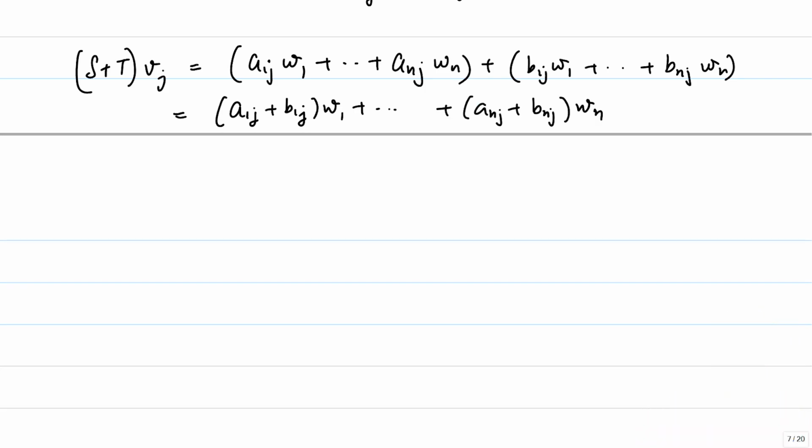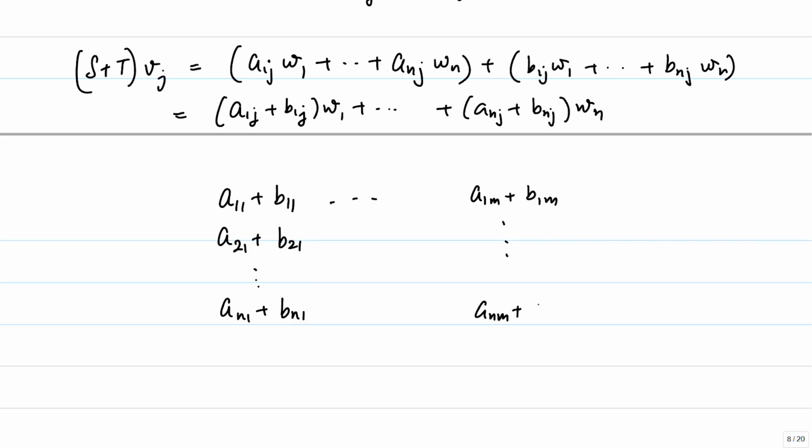So we have obtained the jth column of the matrix for S plus T, and therefore the first column will look like A11 plus B11, A21 plus B21, AN1 plus BN1. The jth column will be similarly written, and finally the mth column will be A1m plus B1m, up to ANm plus BNm,